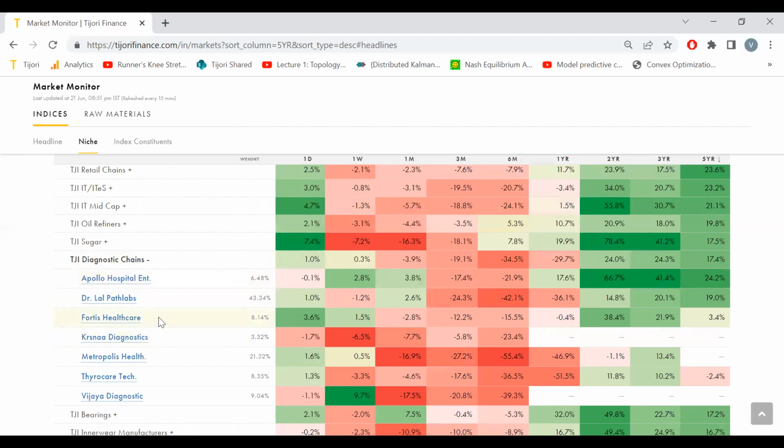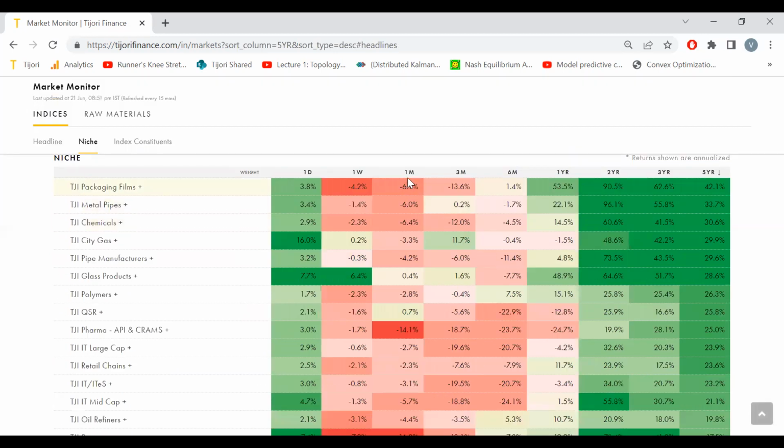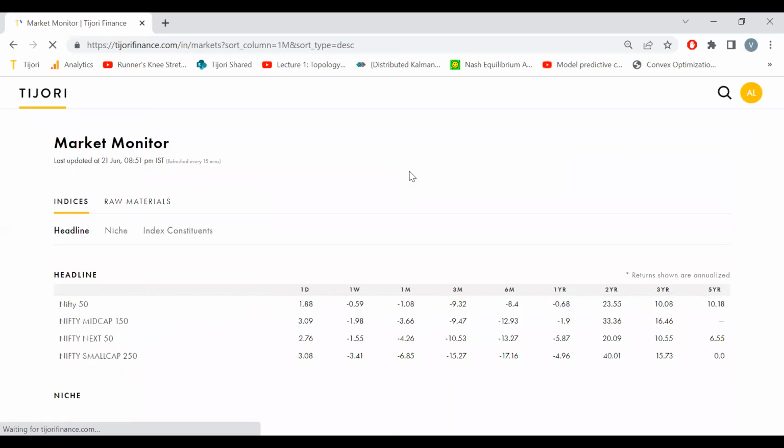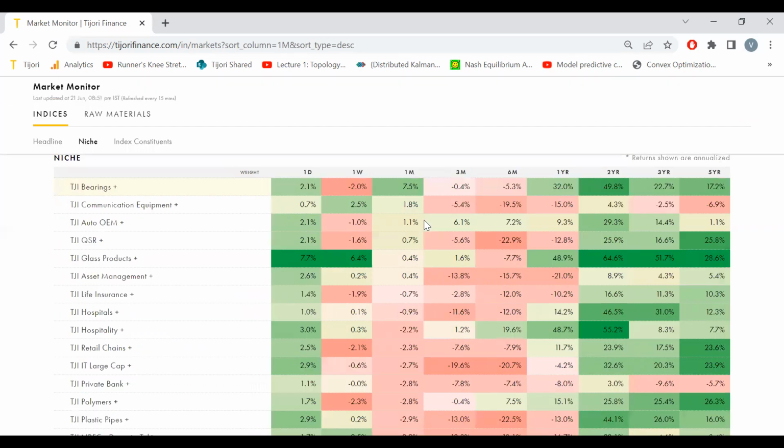Again, this is a discovery mechanism. It's not a research mechanism. It's just a way to find companies. So all of a sudden, let's say we see 1 month performance of a particular subsegment outperforming the market. We always think, okay, technical analysis, something is happening in this sector. Exactly. You know how they say you need to look inside the stock market. It's just a way to put a microscope and look inside the stock market.